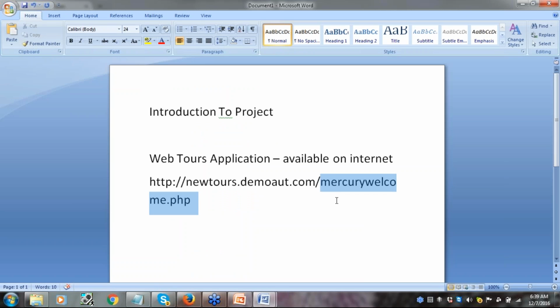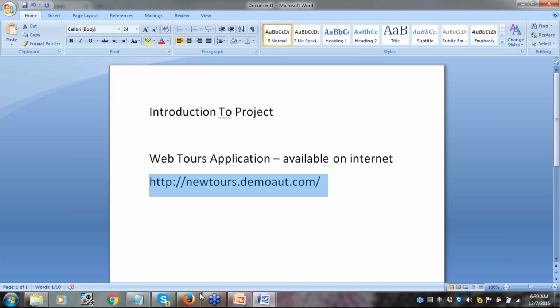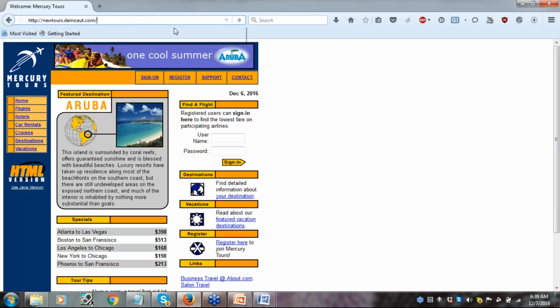Okay, you can just mention this. I will just open it again. So mainly this is a flight booking application. Also you can see various other options: flights,